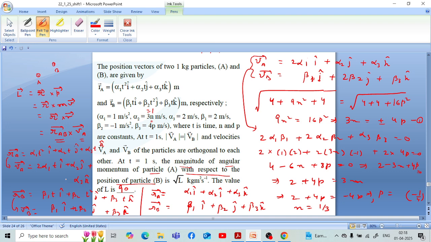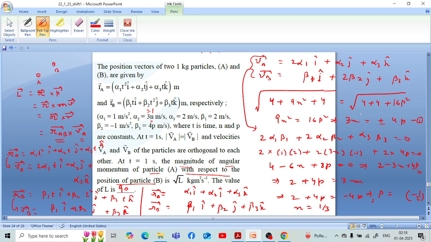उसके बाद जो दो गिवन कंडीशंस हैं v_a और v_b के मैग्नीट्यूड बराबर, उन दोनों कंडीशंस को हमने यूटिलाइज किया। तो हमें जो इक्वेशन मिली वो मिली 9n स्क्वायर इक्वल्स टू 16p स्क्वायर, या हम कह सकते हैं 3n इक्वल्स टू प्लस माइनस 4p। यहाँ पे दो रूट की फॉर्म में हमने लिखा है। हम आगे देखेंगे कि इसमें से कौन सा रूट हमें यूटिलाइज करना है, कौन सा वैलिड है।